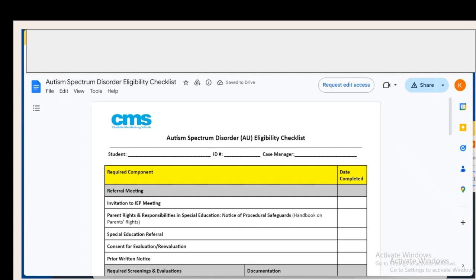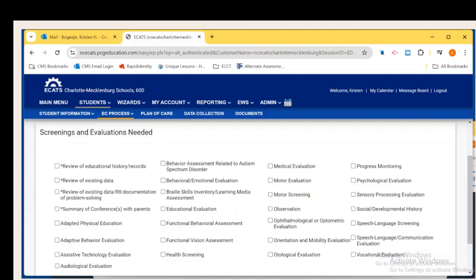And it's going to look like this. And these are great documents to have to keep track of when the different evaluations are completed. That can really help. But it's also going to tell you which required screenings and evaluations are needed. So if you're considering AU as one of the categories, you want to make sure that you are selecting the appropriate assessments. So that includes adaptive behavior evaluation. You want to ask for always, do you see where it says